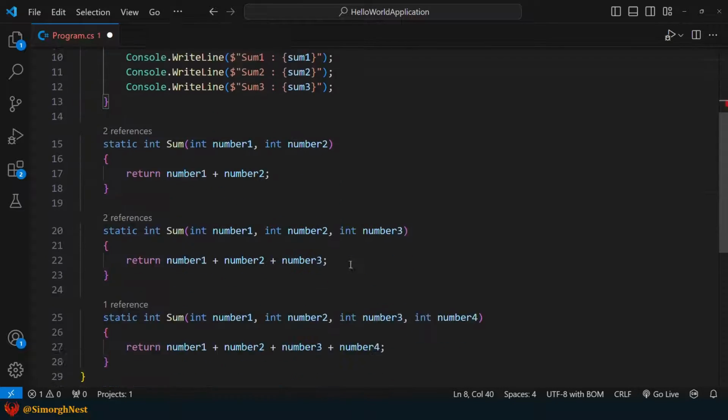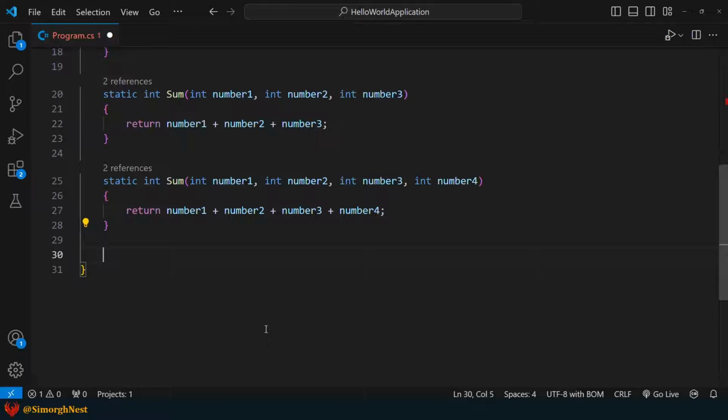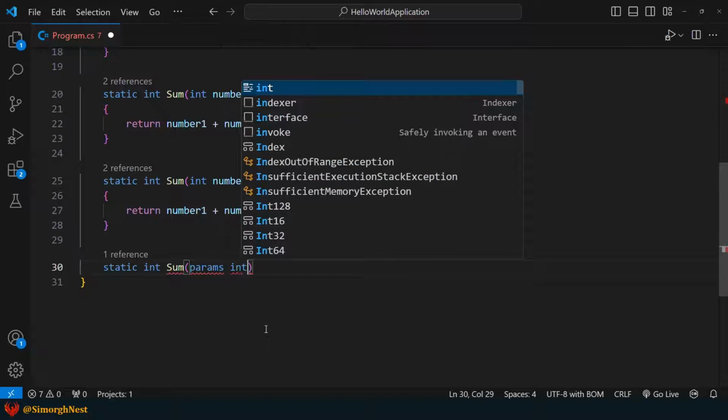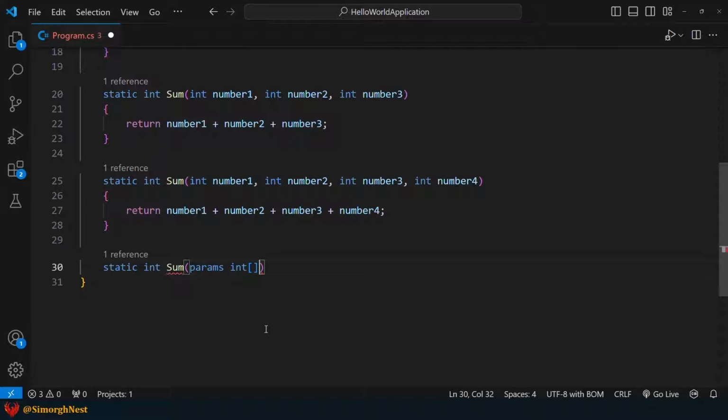To fix this, we define a new sum method using params. Here, let's put the params keyword, then an int array type, and name the parameter numbers.